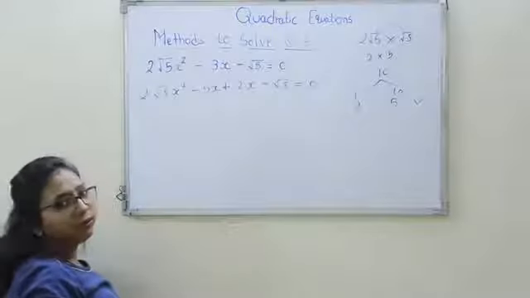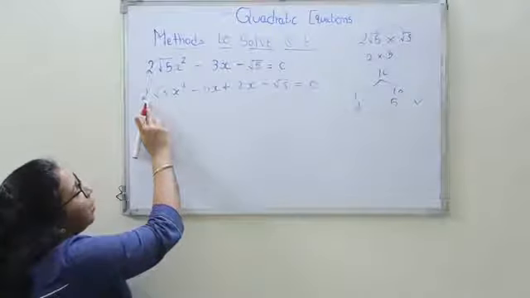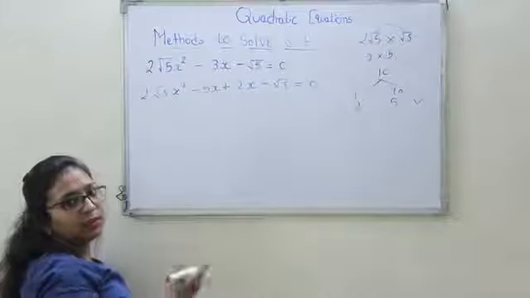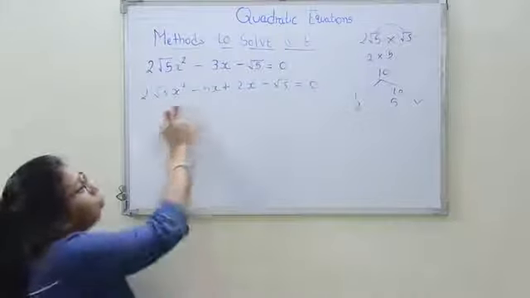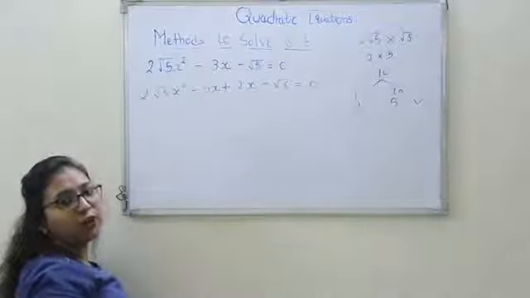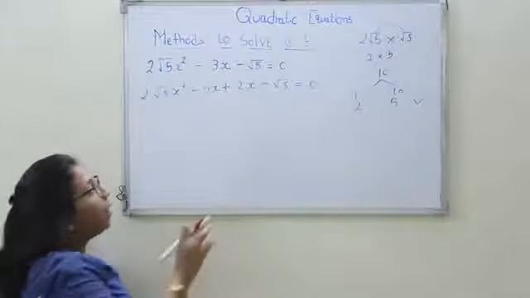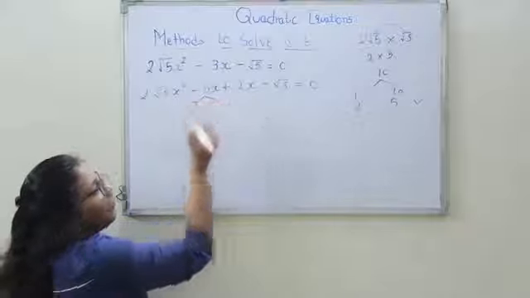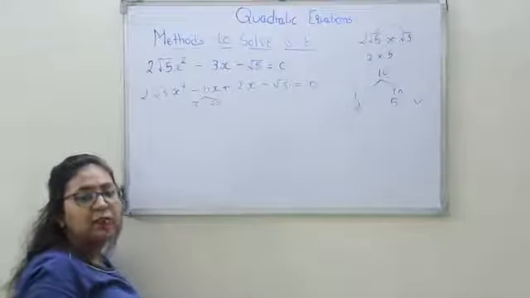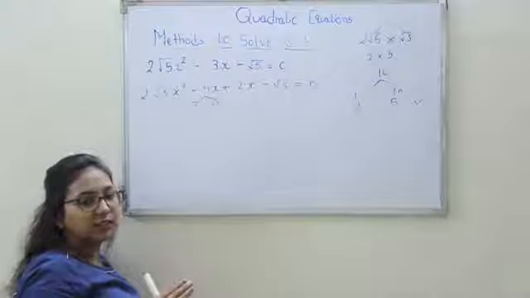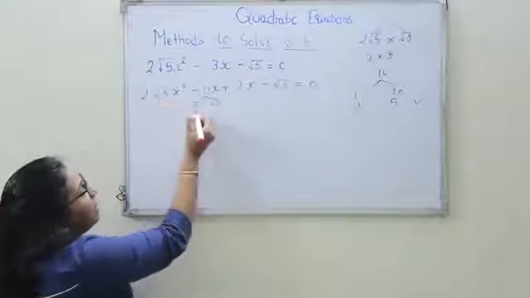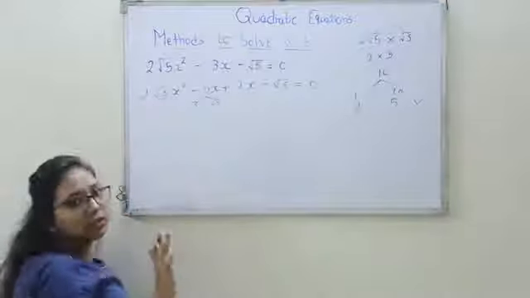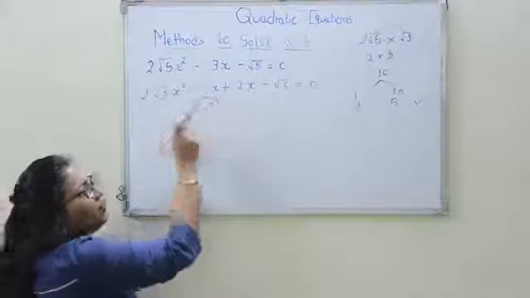Let's take out the common factors. Here, if you observe 2 root 5 and 5, there is nothing common for 2. But if you observe root 5 and 5, yes, there is a common factor. You can write 5 as root 5 into root 5. Basically, 5 is made up of 2 root 5s. So here there is 1 root 5 and here there are 2 root 5s, so 1 root 5 is common. For 2 there is nothing common, but for root 5 and 5, yes.